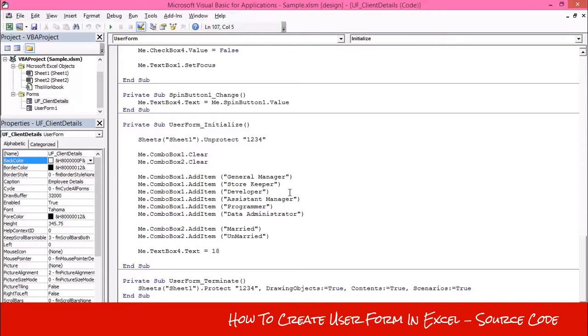operate the application. Event means if a user clicks on any command button, that is an event, called the click event. Or if the user writes text into a text box, that is a change event.